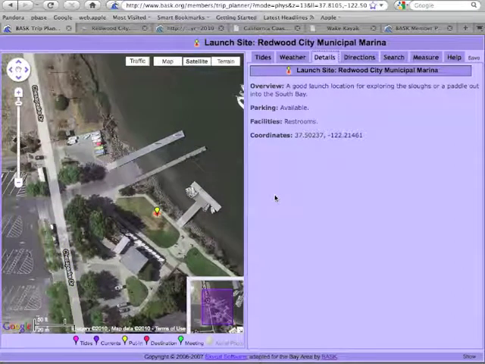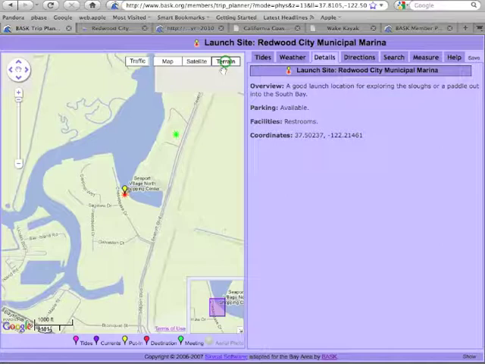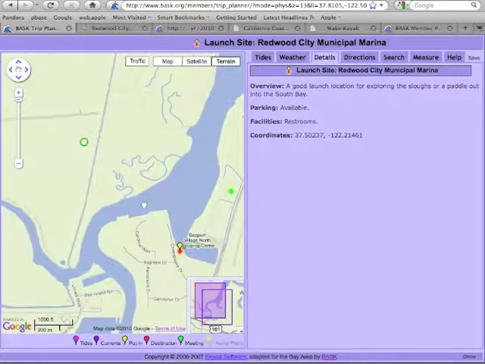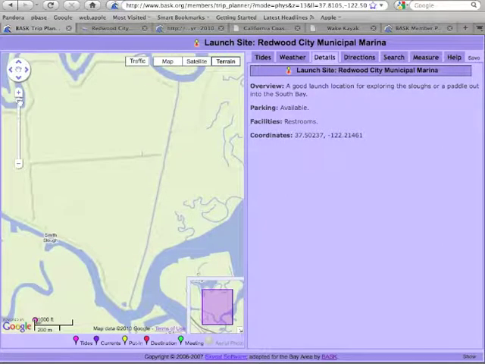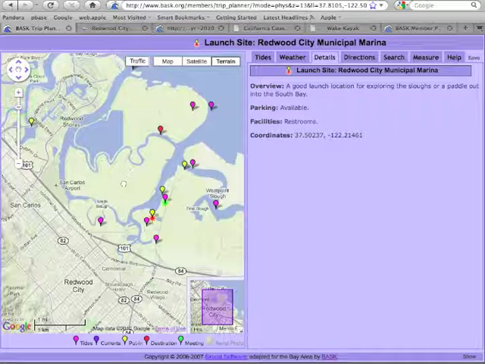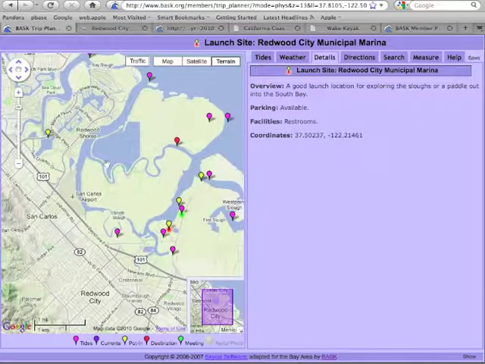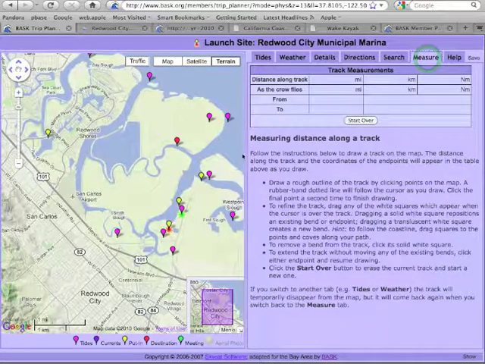Another thing we might want to know is how long is this paddle? How many miles do I have to go? Let's switch back over to the terrain view here and zoom out a little bit. So now I can see my entire route here. This is Bear Island. Switching to the Measure tab, I get